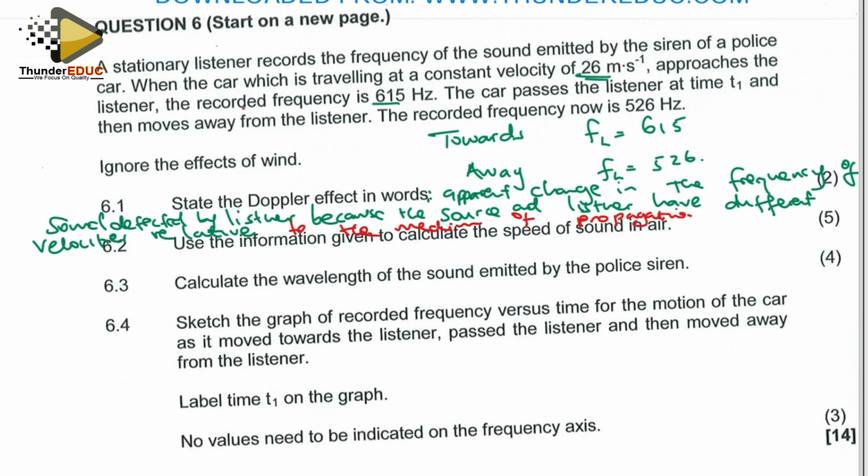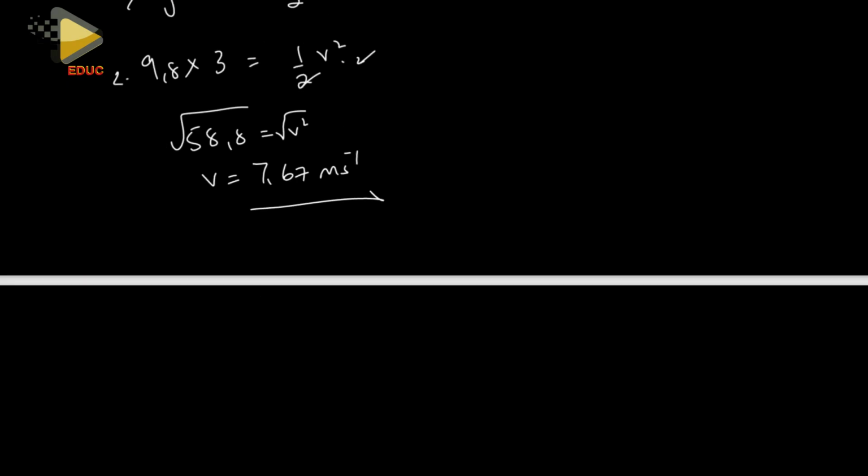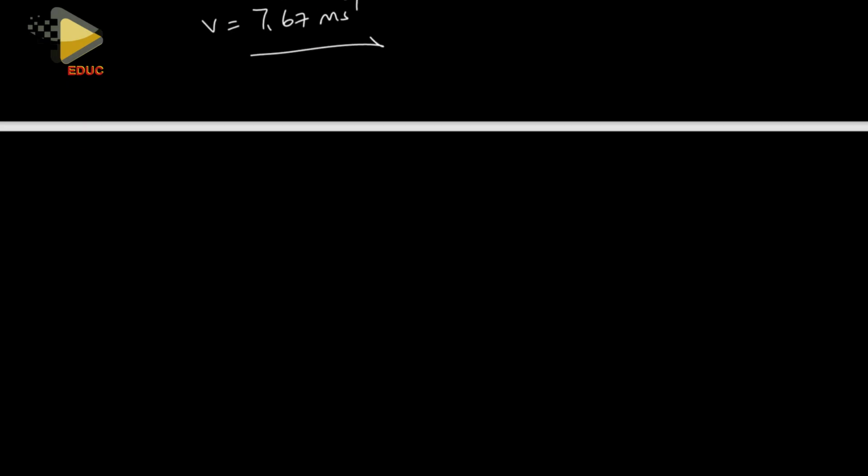Just that. Then use the information to calculate the speed of sound in air. So this is a long question, but it's fine. We shall attempt it. Okay. So we're going to start by writing down the Doppler formula, where we know that the frequency of the